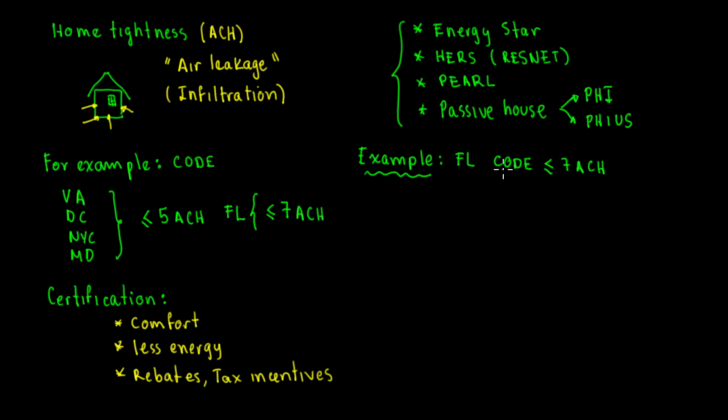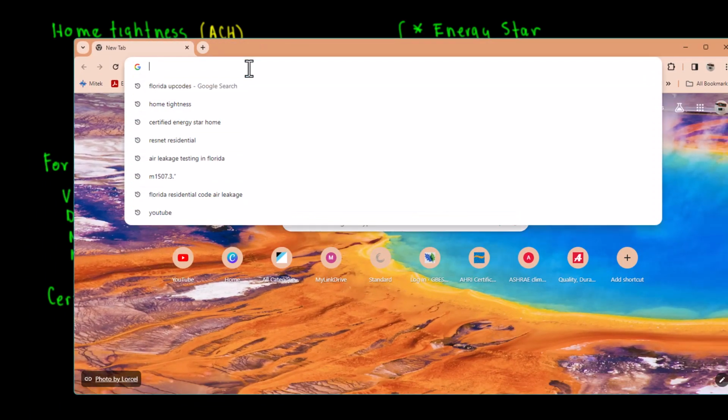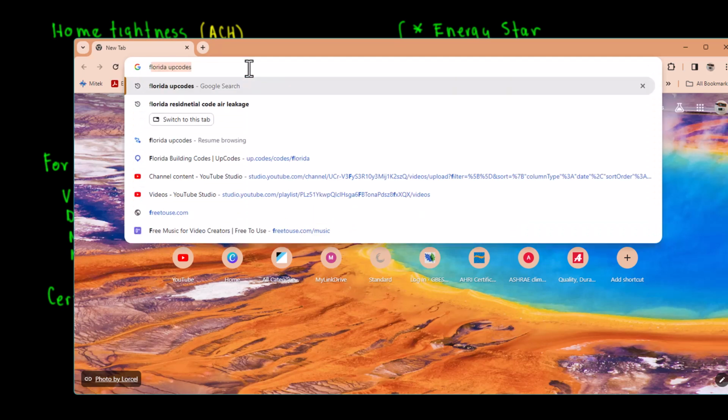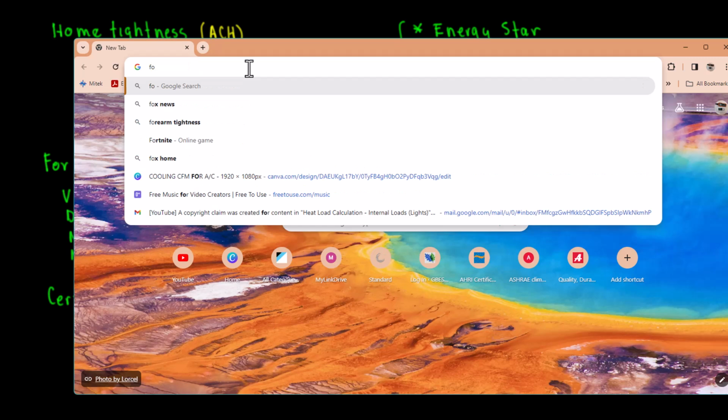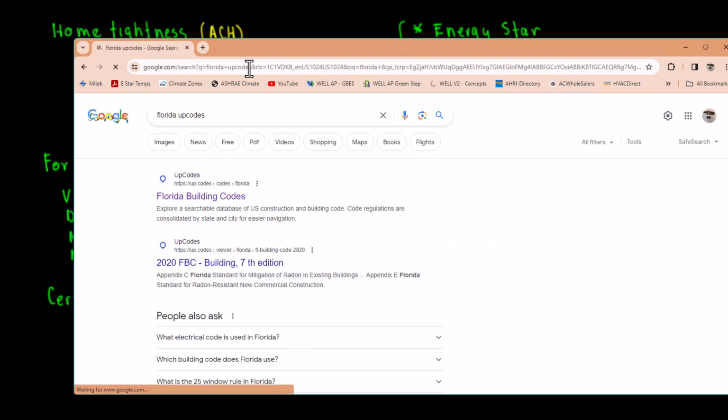But when we're referring to code, anytime you're coordinating with an architect or a representative, they are going to ask you which code, where. Then in this case, we go immediately to what I have been showing in most of my videos. It's easy to put in here Florida. We're going to put in here Florida building codes. Before I was researching this a little bit.